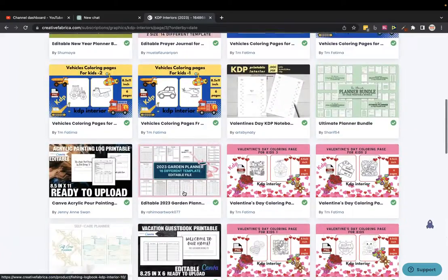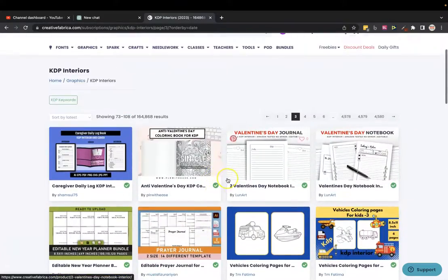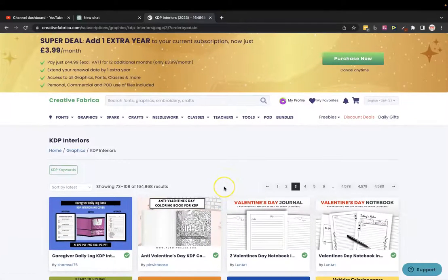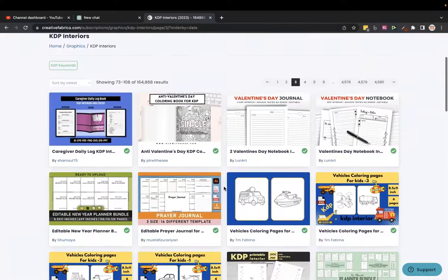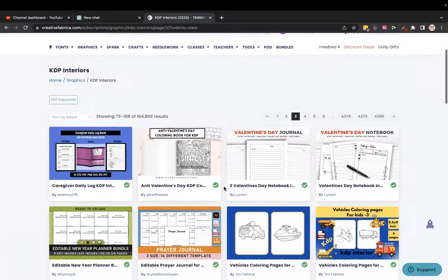So as you can see, guys, there's just a ton of different niches for you here. Great ideas. And like I say, I don't personally use these interiors myself. Unless you're going to customize them a lot, I don't know how KDP wouldn't flag it if you're using the exact same interior as somebody else. It doesn't seem quite right. So just for me, what I would say is just take the niches, make your own, and from there